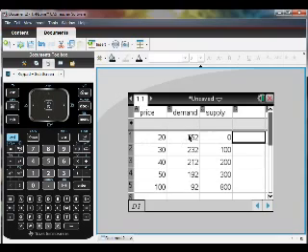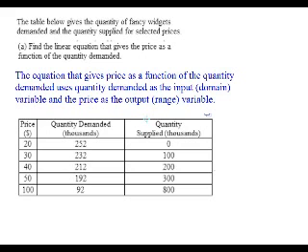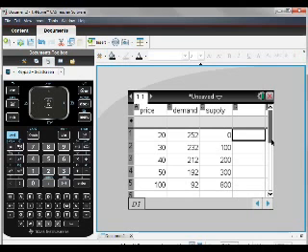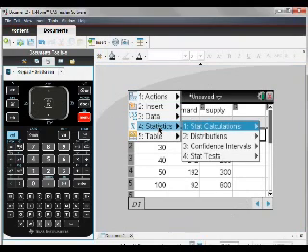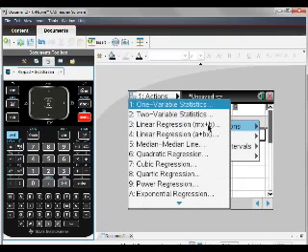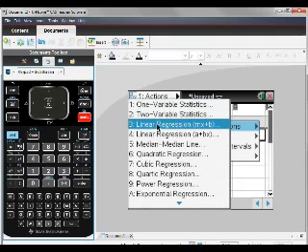we're ready to begin our process of evaluating the data using our regression processes. Alright, so recall we have two regression processes. The first is to find a linear equation that gives us price as a function of the quantity demanded. So to input that expression in our calculator, we move to an empty cell to the right of our data, and we're going to call up our menu, statistics, a statistical calculation, and we want a linear regression